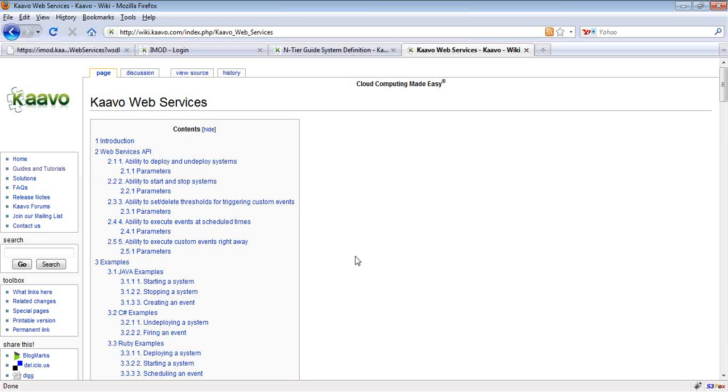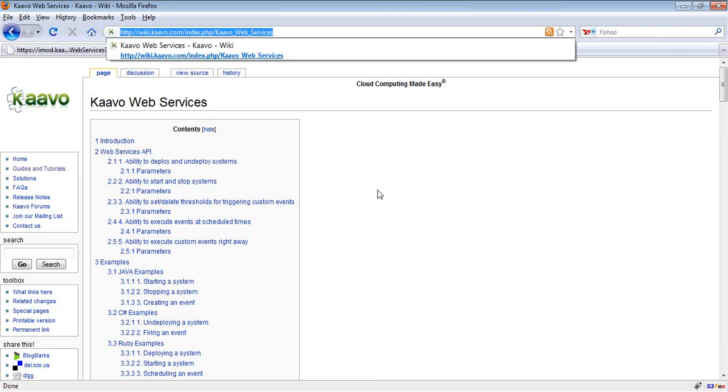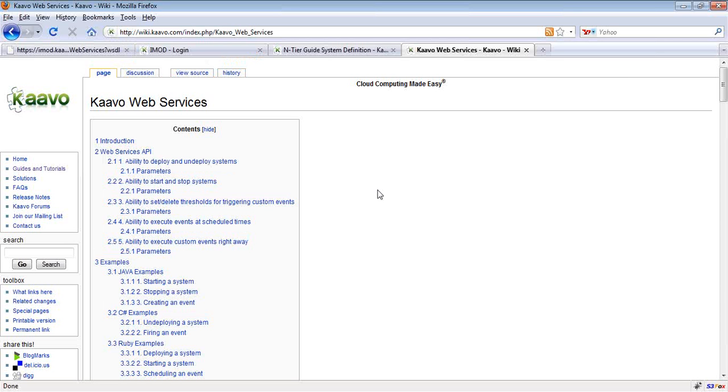The documentation for the Kavo Web Services is available in our Kavo wiki at this URL, and the page is open in front of me. Here we have provided a number of sample clients which you can refer to while developing your client, and we have provided these samples in multiple languages, including Java, C#, Ruby, and Perl.